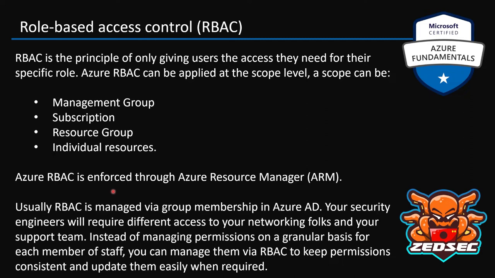It's enforced through Azure Resource Manager, which is ARM, and we'll touch on that a bit later. Usually RBAC is managed via group membership in Azure AD, so your security engineers will require a different access level to your networking folks, and your support team again will require a different level of access to different resources. So instead of managing permissions on a granular basis for each member of staff, you can manage them via RBAC,